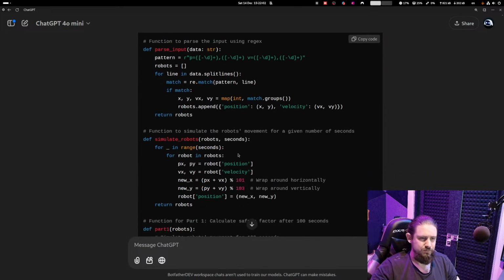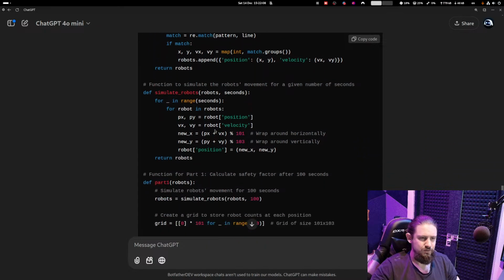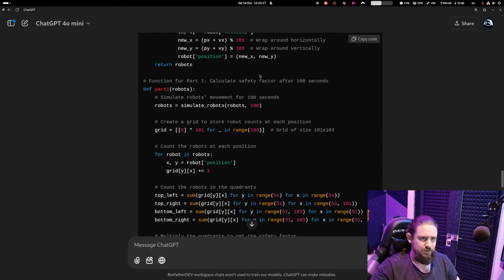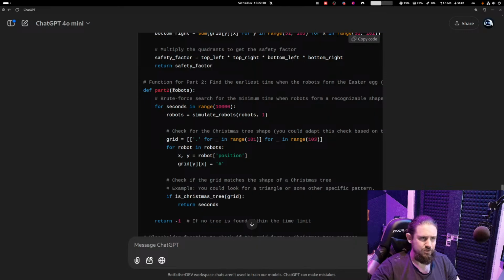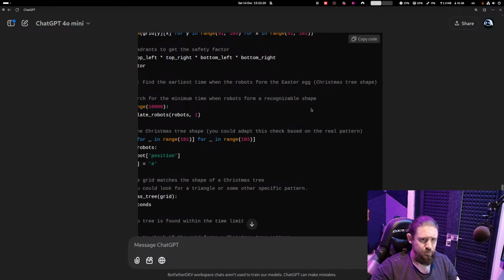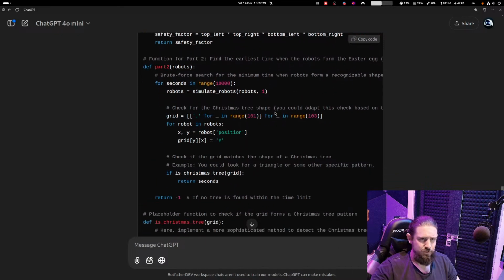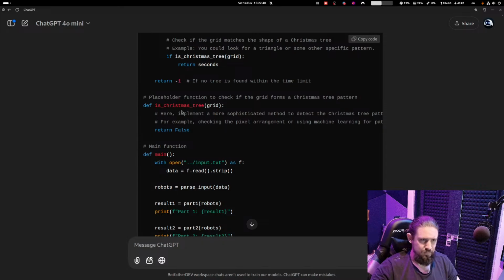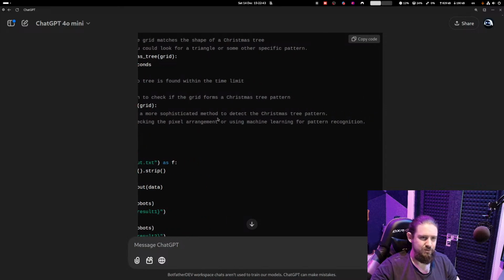Okay, parse input. Function to simulate robot movements. It doesn't multiply. Okay, we don't need to multiply that there. Calculate safety for 100 seconds. Find the earliest time when the robots interact. Brute force approach. Minimum robots recognizable shape. Check Christmas tree shape. You can adapt. Grid for robots. Position is Christmas tree. Here implement more sophisticated method to detect